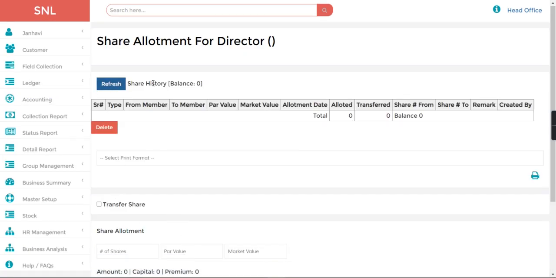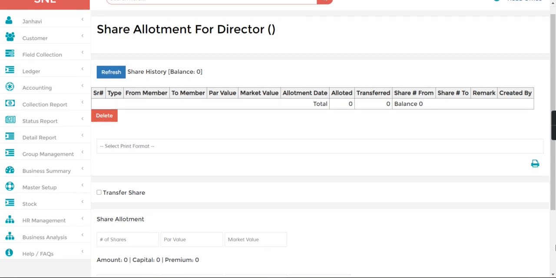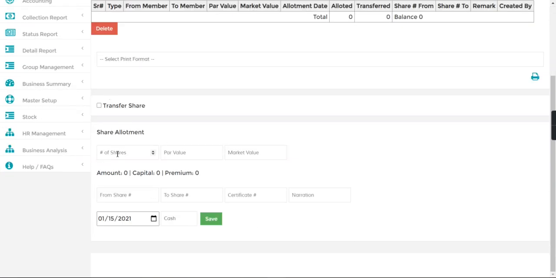So here now there is zero balance. So the company wants to issue some shares to the director. So let's say 5,000. So share value is 10 and the market value is also 10. So let's fill up all the details.